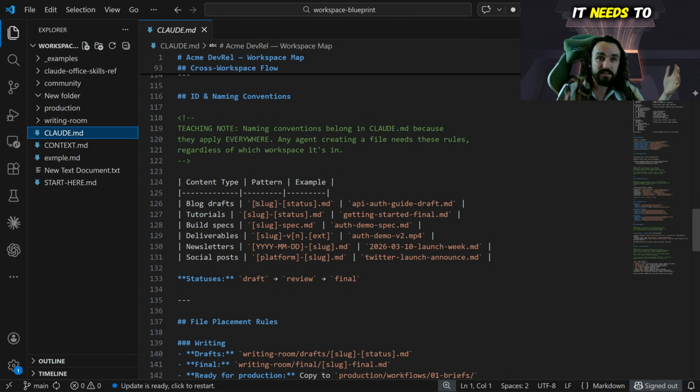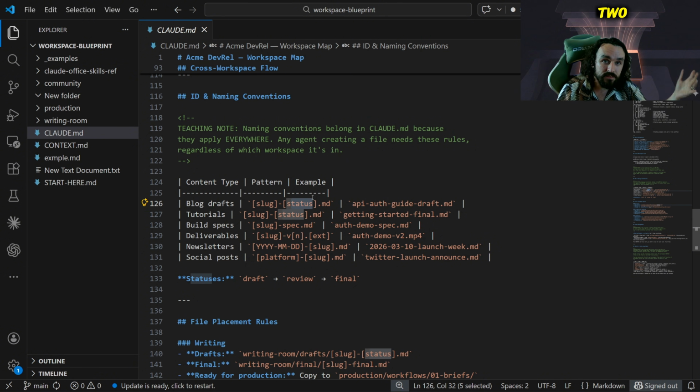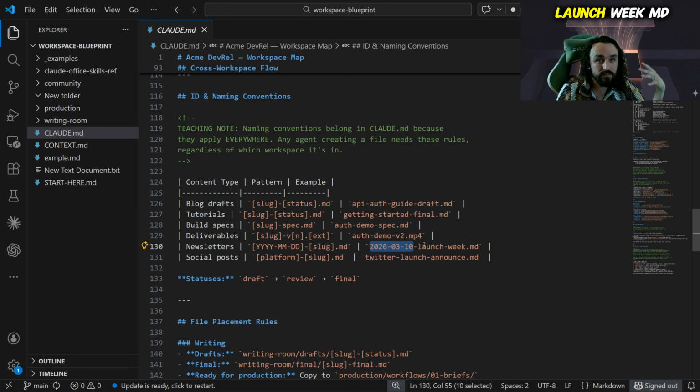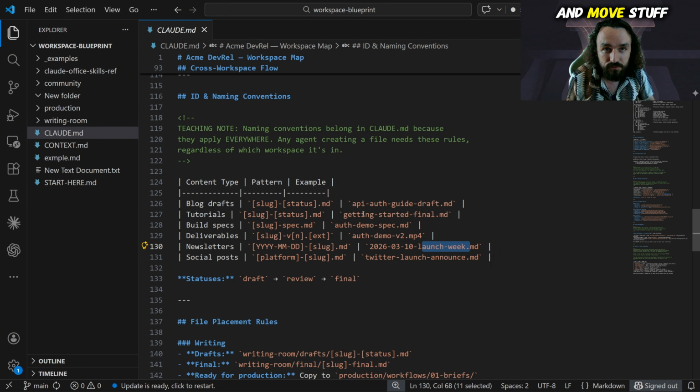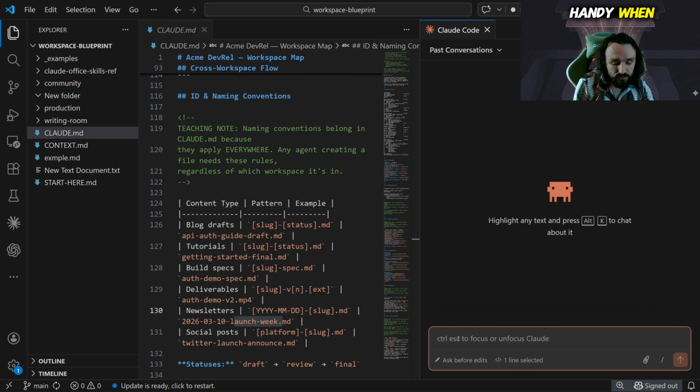For blog drafts, it needs to be like file name, where it's at. Is it draft? Is it V2? Is it V3? Example, API auth guide draft, right? Or same for newsletters. Here's the year and day, and then here's what it kind of is, right? 2026-03 launch week.md. So the AI knows to organize and move stuff.